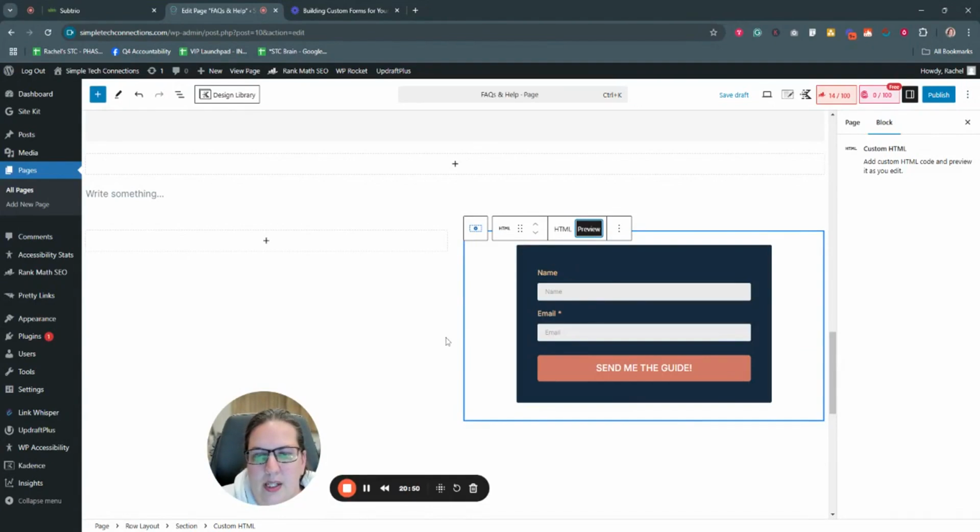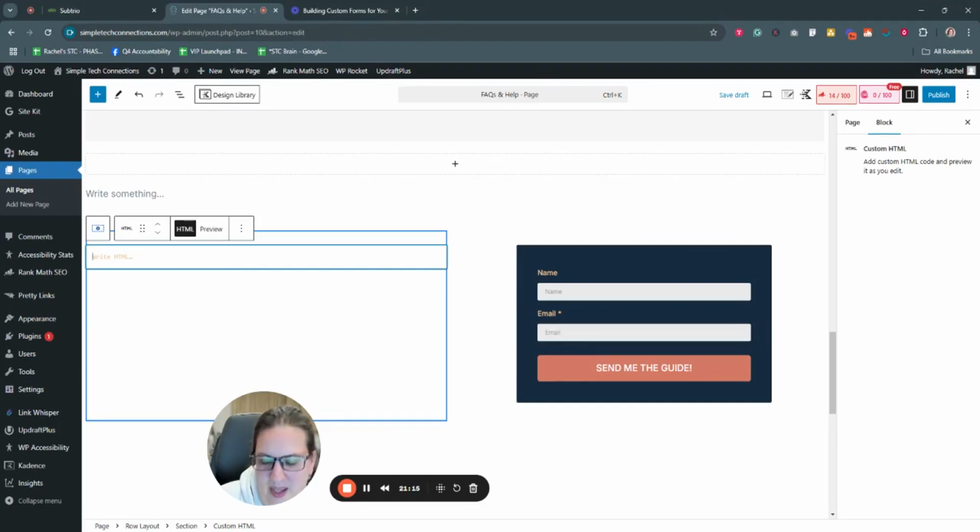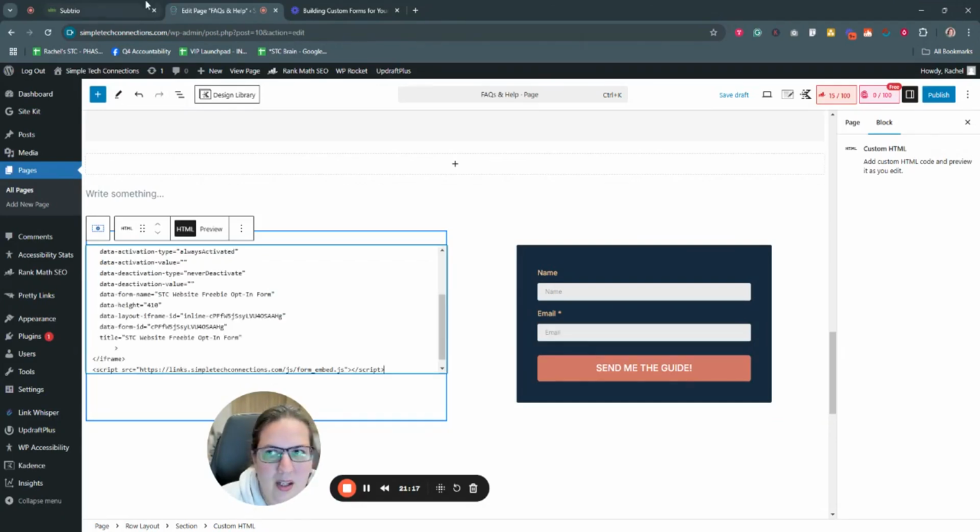Okay. Now, styling this is a topic for another video because it would take way too long to show you how to style all this out, but you can change the background color, you can change your padding, you can add an image over here and that sort of thing. But just remember, wherever you want it to go, you want to add a block and you want to do custom HTML, and then you would just paste that code in there